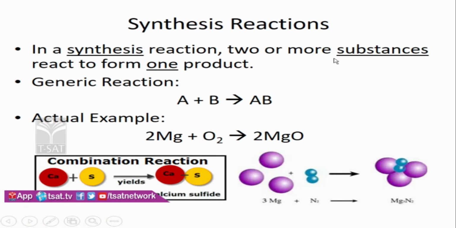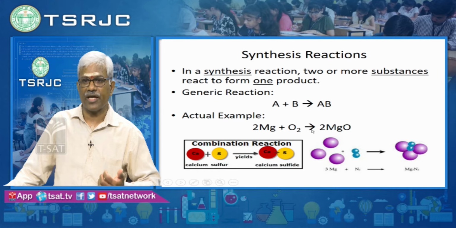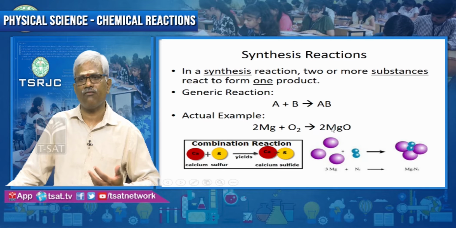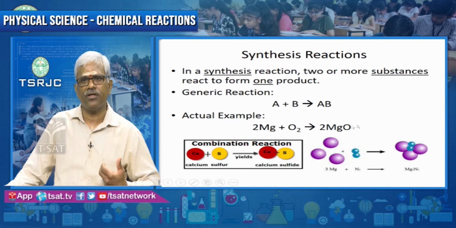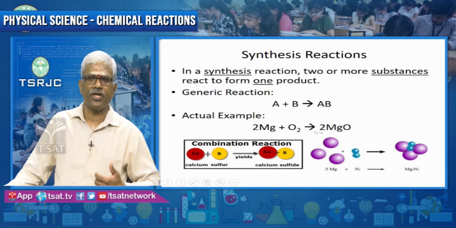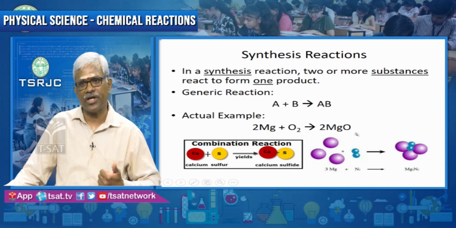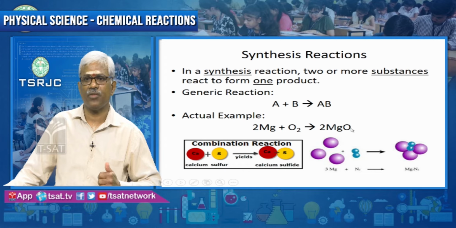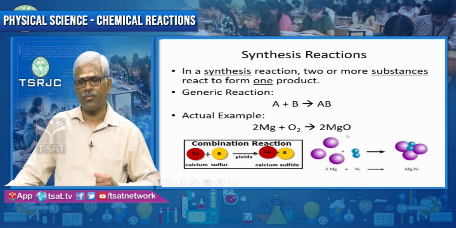So, these are the synthesis reactions. A plus B gives AB. Magnesium burns in presence of oxygen. When you burn the magnesium ribbon in laboratory or in classroom, you will get ash, white color ash, magnesium oxide. The question will be asked like this also. What will be the color of the product you find when you burn magnesium ribbon in your classroom? That will be given magnesium oxide, calcium oxide or magnesium dioxide, like that, magnesium nitride. You have to select the appropriate one.